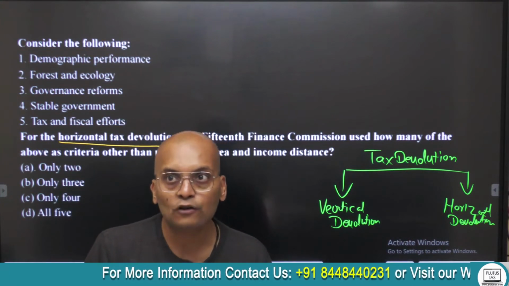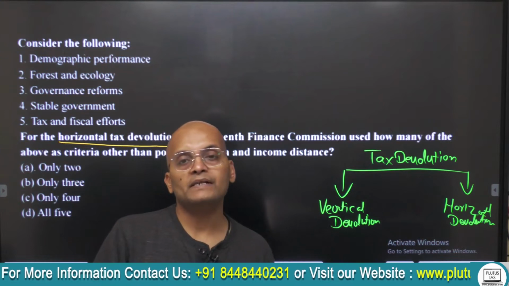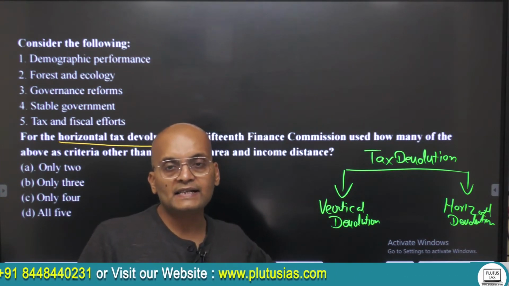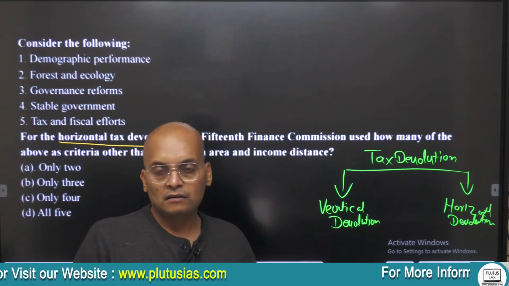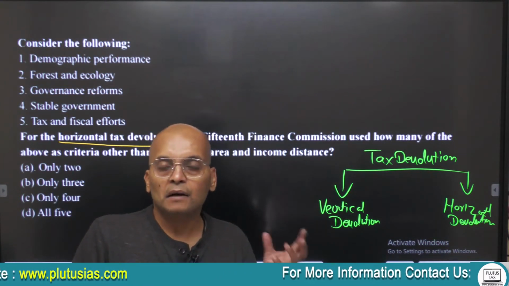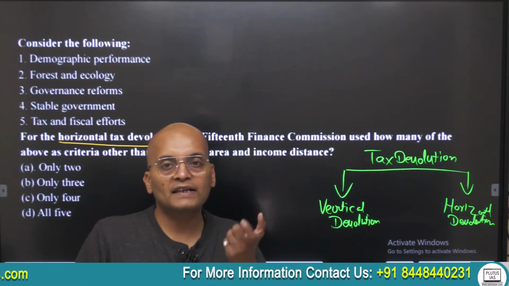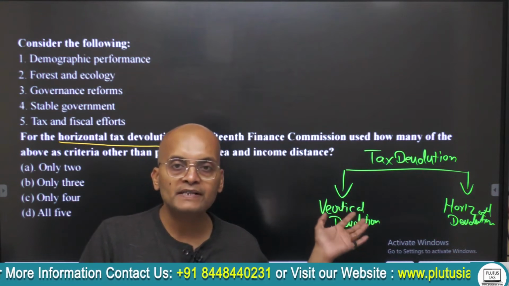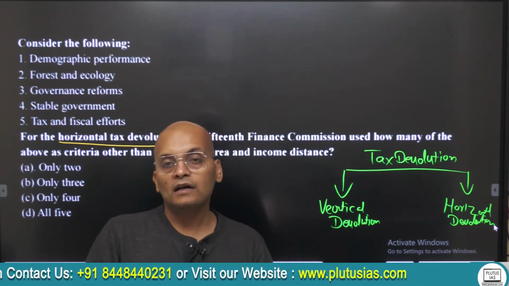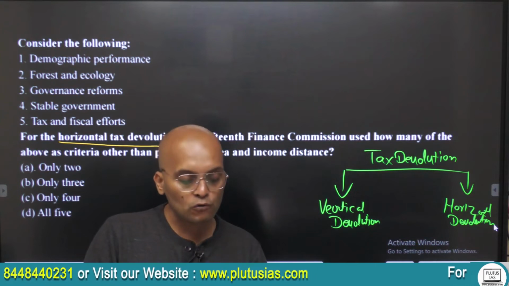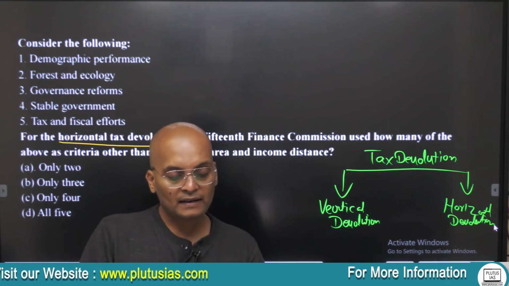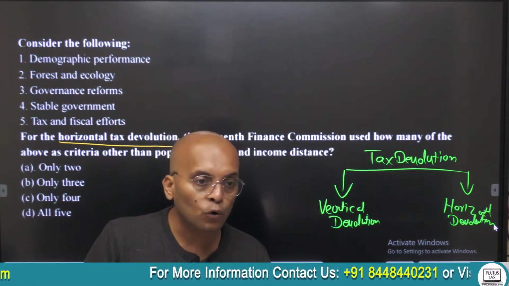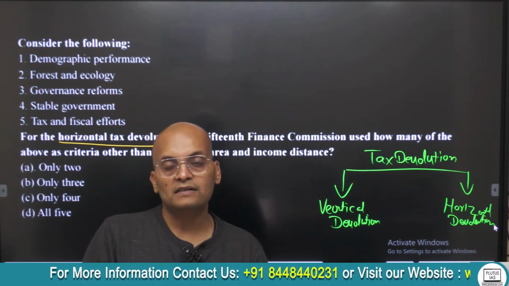Now, what is the meaning of tax devolution? See, according to our constitution, the states have been provided with many responsibilities, but the power of the state is not that high. I'm talking about state and union. Union means central government. So states have huge responsibilities, but the taxation power of a state is low. They don't get that much tax. For example,